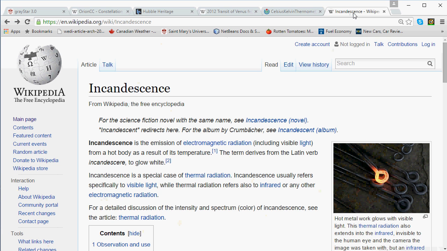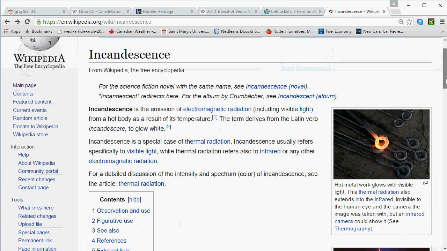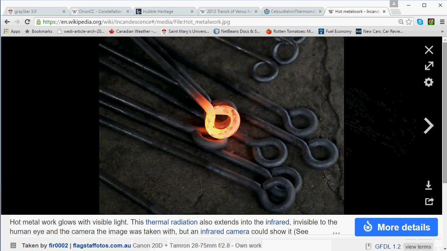So once again, I'm going to go to a Wikipedia page here. Here's a Wikipedia page on incandescence or thermal radiation. And let's have a look at this image here. What's remarkable is that for any object that's dense and opaque, it doesn't matter what it's made out of or what state of matter it's in. If you take any object, such as this piece of iron here, and you heat it up so that its surface temperature is much greater than about 3000 Kelvin or so, then the incandescence or thermal radiation that it emits will be visible to the human eye. So it will look as though the object is glowing with its own light,